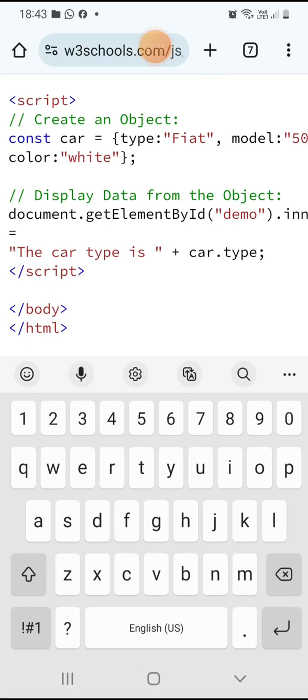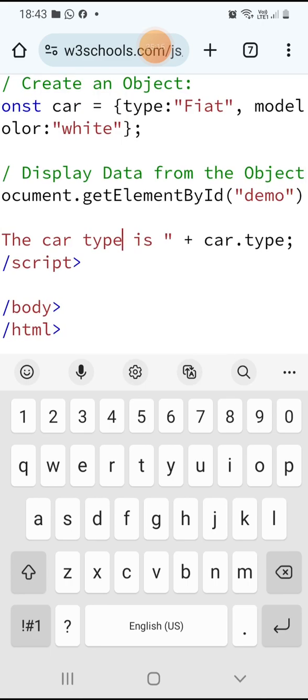This is the text you want to see. The car. So if you remove this